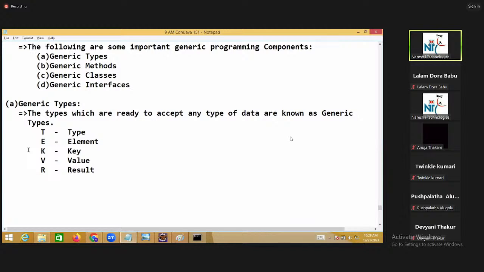So generic methods. Whenever I say generic methods, that can be a static method, an instance method, or a constructor also.